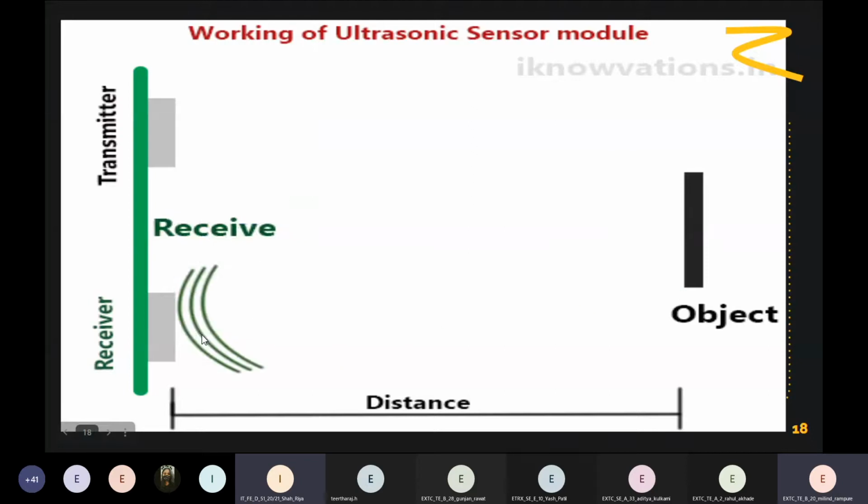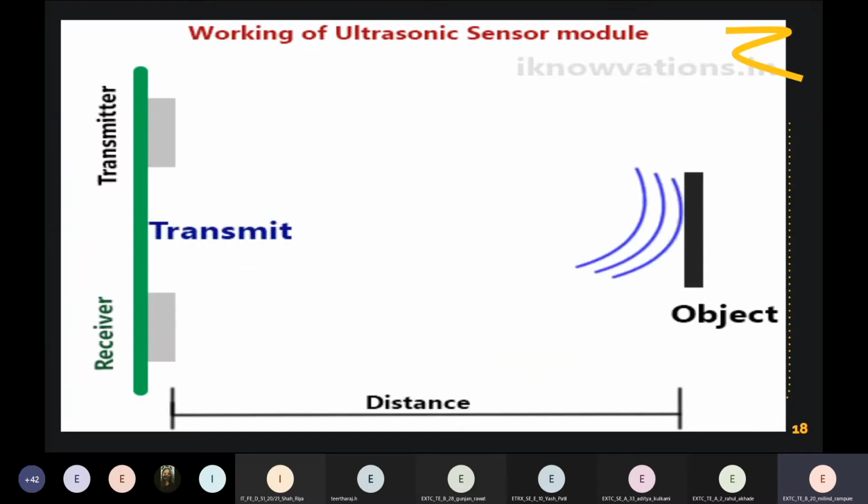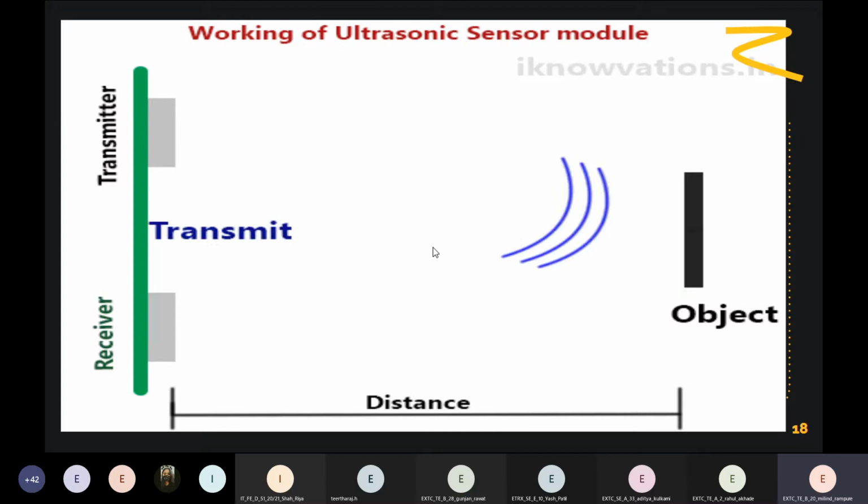Can you tell me a formula for how I can calculate the distance here? I have the time and also the speed. Which formula should we use?